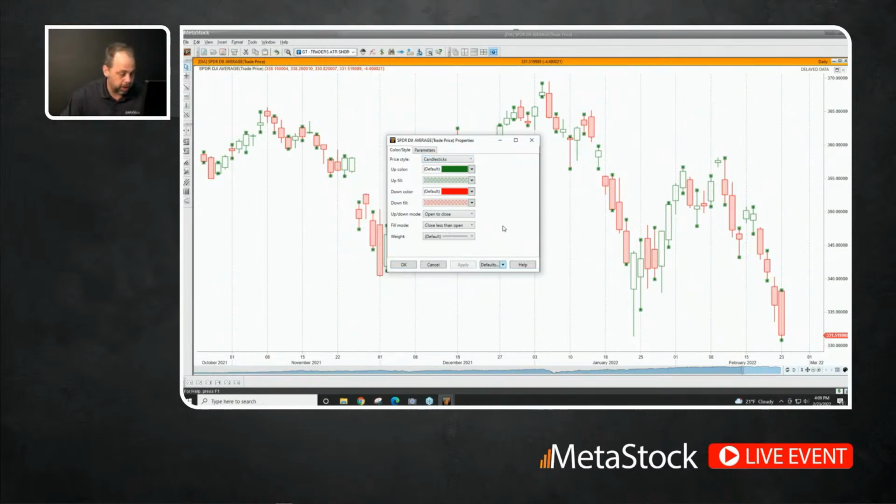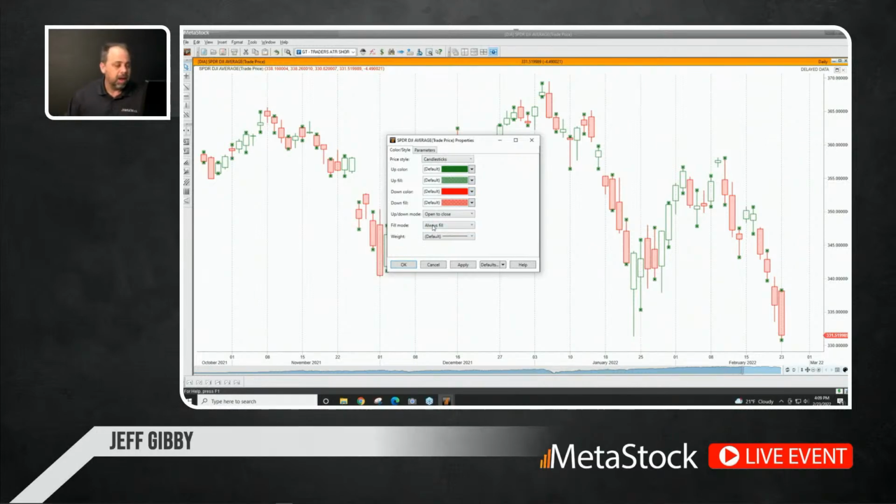Let's go ahead here. Anytime you want to go back to the defaults, because I've changed this, I can click on defaults, restore defaults for this page, and it'll just go back to the defaults. You notice I've moved it back to bars. That's our default style, but it also changed the defaults in here as well. So that's bars. That's candlesticks. Some of the other